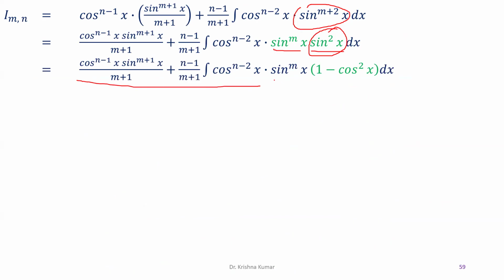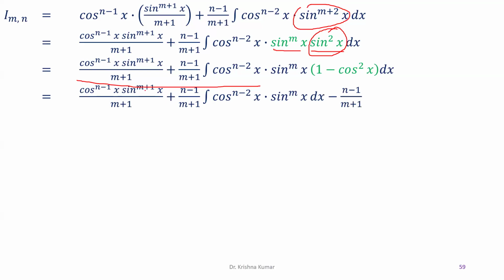Now we can open the bracket. So it will be cos to the power n minus 1 x into sine to the power m plus 1 x upon m plus 1, plus n minus 1 upon m plus 1 cos to the power n minus 2 x into sine mx dx, minus this minus, there is a minus sign, so plus and minus will become minus, n minus 1 upon m plus 1 cos to the power n minus 2 plus 2, into sine to the power mx dx,